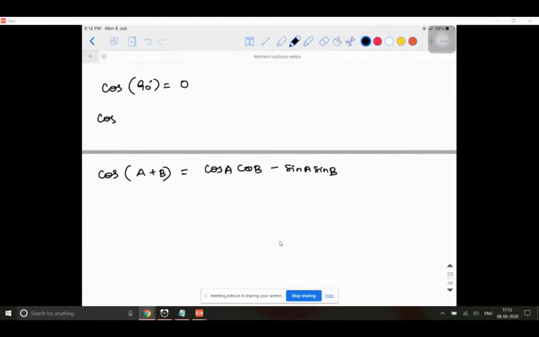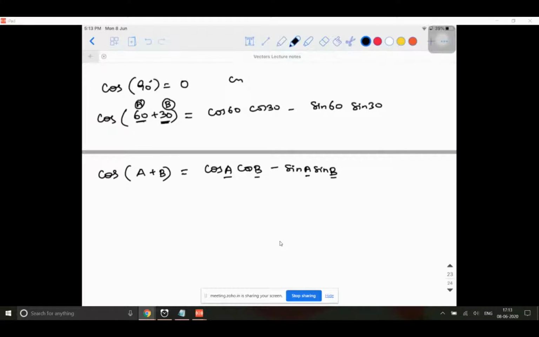Now I'm going to use this formula and show you how to actually apply it, why this formula is actually needed. So cos 90 means, can I write it as cos of 60 plus 30? I can write, it's my wish. So if this is the formula, then what is cos of A plus B? This is A, this is B. If I use this formula, then I'll get cos 60 into cos 30 minus sin 60 into sin 30. Is everyone clear with how I applied it? I'm just showing you the application part. So I'm taking 60 as A, 30 as B, and applying the formula cos A cos B minus sin A sin B. Am I clear with this?